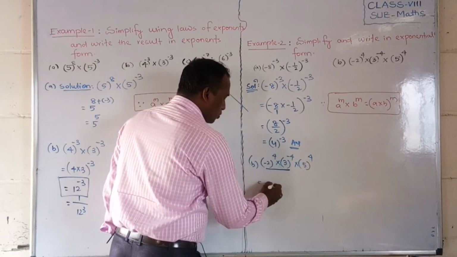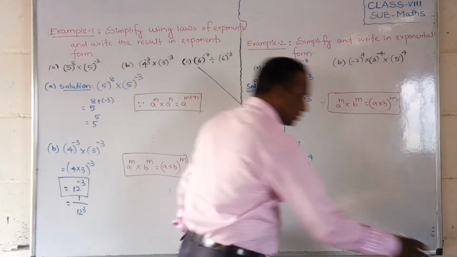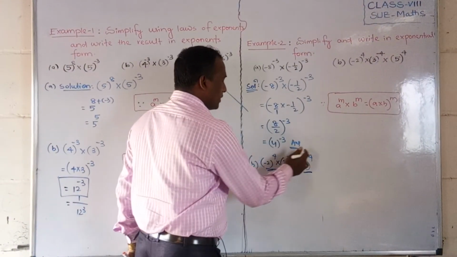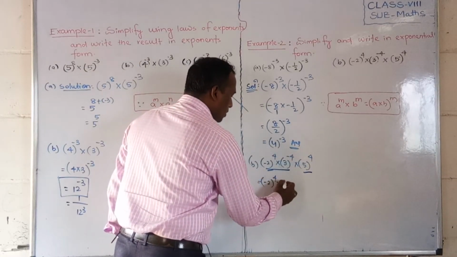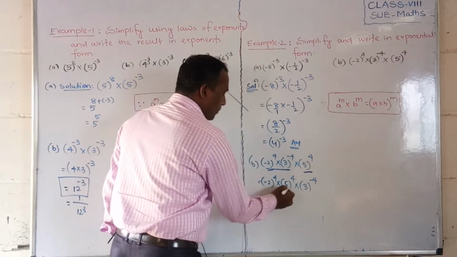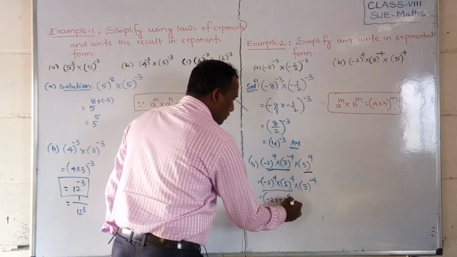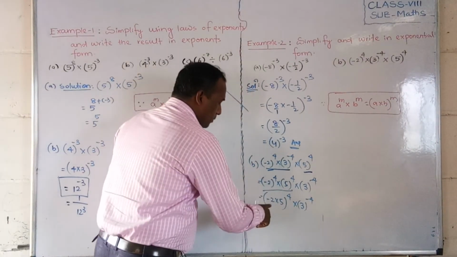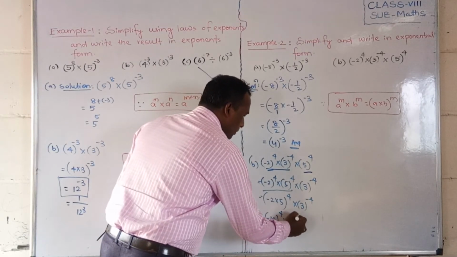So minus 2 into 3. You can. First of all you do these two, because this is a positive integral power. So first of all you do minus 2 whole power 4 into 5 whole power 4, into 3 whole power minus 4. So minus 2 into 5 whole power 4 into 3 whole power minus 4 is equal to, what will we get? Minus 10 whole power 4 into 3 whole power minus 4.